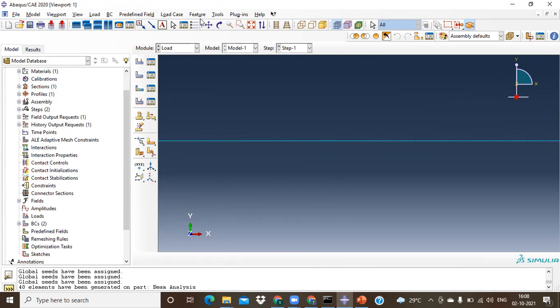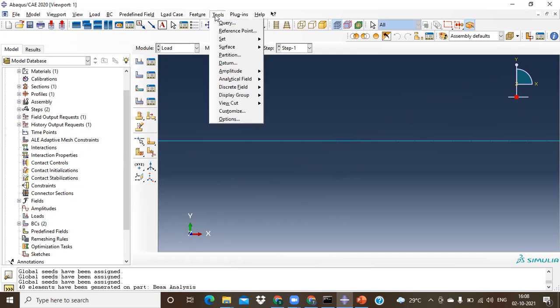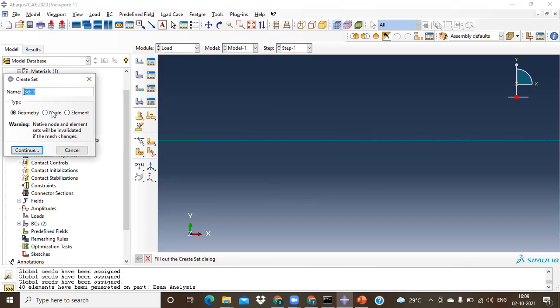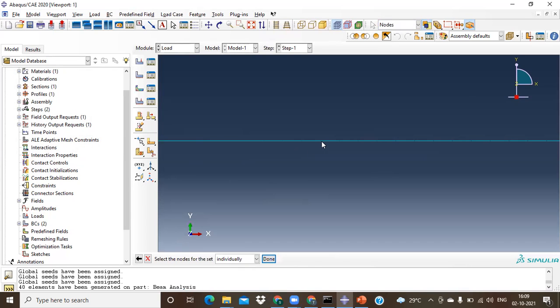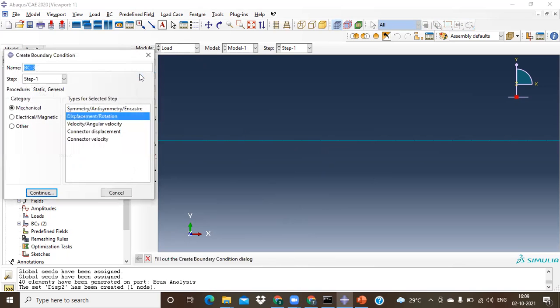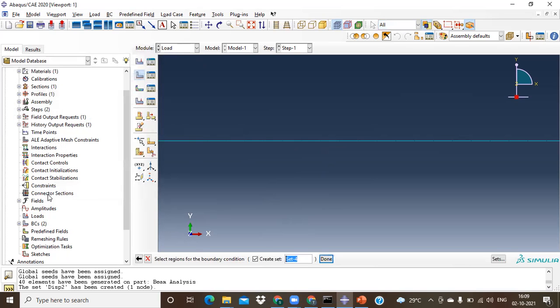How to apply that is, first you have to go to your Tools, go to Set, and create one set. That set is a node set, and this is disk2 node. Continue. This is where I would like to select this node. Just give OK. Now go to your Create Displacement. Now you can name this as disk2 displacement.